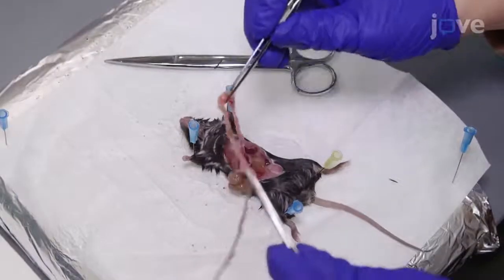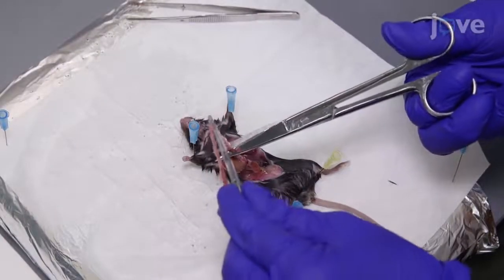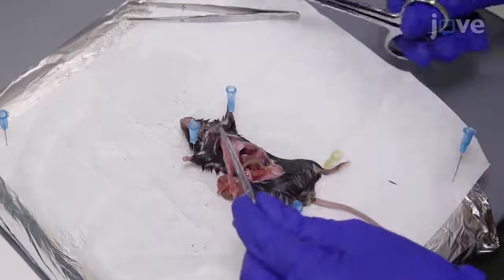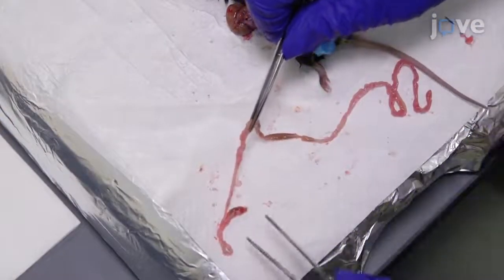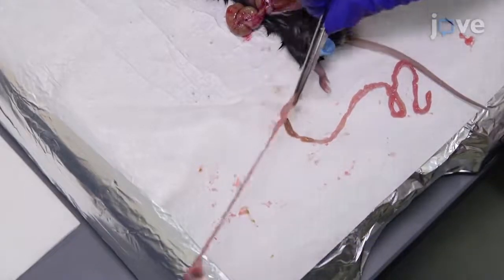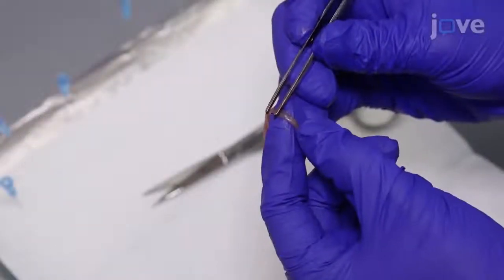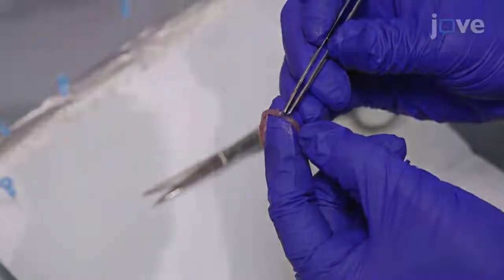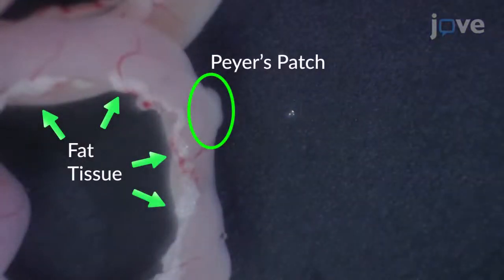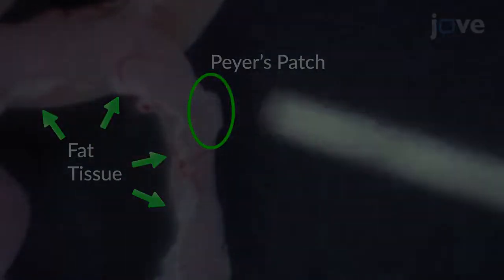Locate the small intestine and remove it by cutting below the stomach and above the cecum. Remove any connective tissue and fat linking the folds of the small intestine together. Examine the external surface of the small intestine for the Peyer's patches, which are small oval-shaped structures that appear white below a thin layer